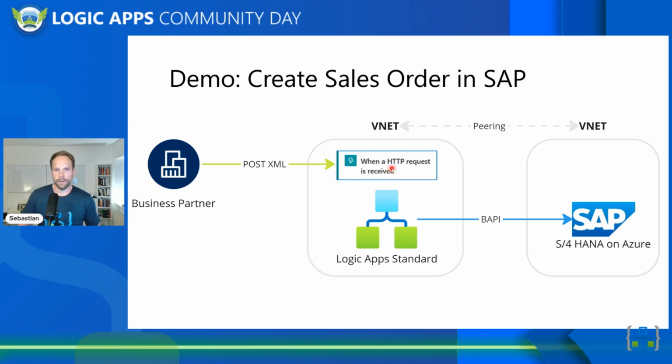Our Logic App Standard has an HTTP trigger. So that means when an HTTP request is received, then our logic app, or the workflow especially, will be executed. And we have a business partner that sends us a sales order, and this sales order will be sent by POST over HTTP, in the body of the message, which will be sent to our workflow here. This is the sales order from our business partner, and it's an XML. So this is the scenario I want to show you, and therefore I switch over to the Azure portal